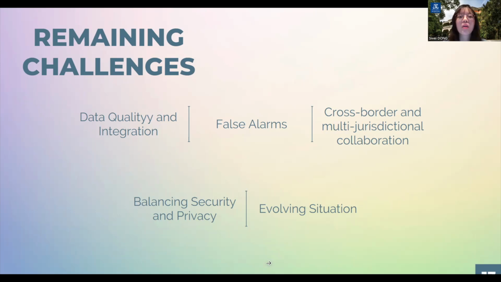Cross-border collaboration is a major challenge as terrorist financing involves multiple jurisdictions and transactions that are hard to detect. Financial institutions need to work with law enforcement, regulators, and other entities to identify cross-border financing activities. Balancing security and privacy is vital. Collecting and analyzing sensitive financial data raises privacy concerns. Organizations must comply with regulations related to terrorist financing detection, including anti-money laundering. Ensuring legal compliance in testing is complex.